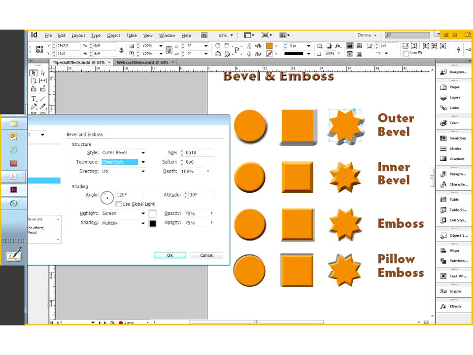All right, we move down to emboss, and the highlight and shadow appear inside and outside. And pillow emboss is the outside of the object shadow where it's reversed. So if we look at emboss, it looks like the object has been punched up towards us, but if you look at pillow emboss, it's as if something has punched into a soft surface. So take a quick glance at these, get a feel for what each of these are, and then now we'll start going through the different